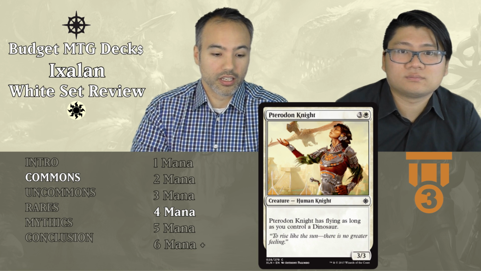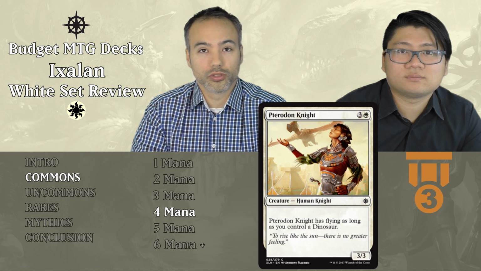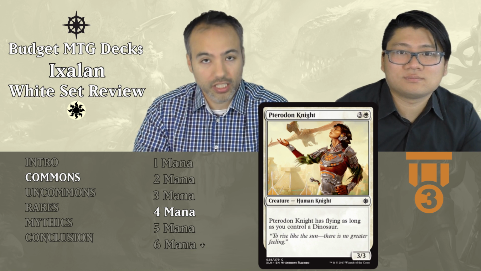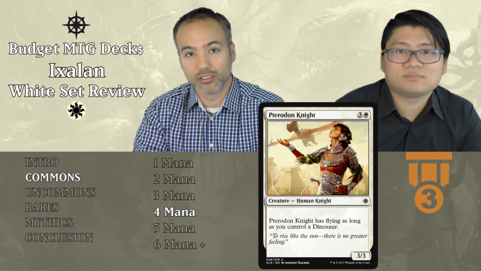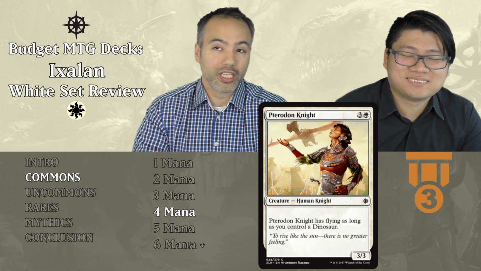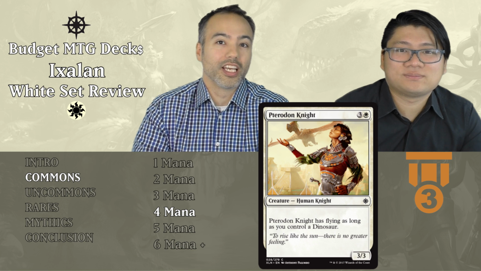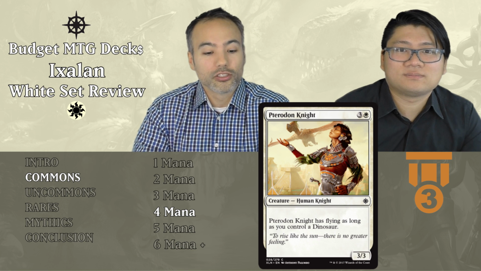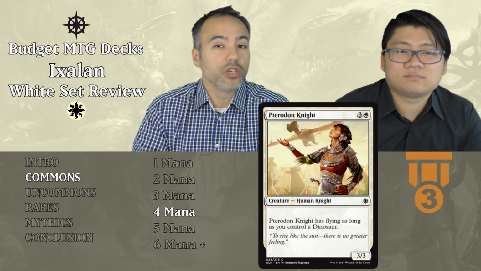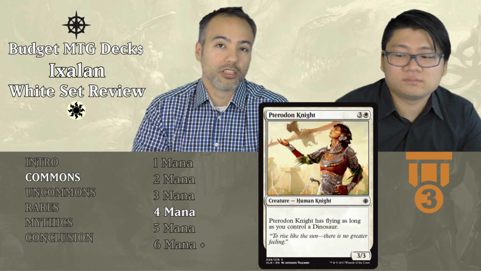That's perfect. Also, this guy has flying as long as you control a dinosaur. We can't really count on that being the case, as once again, we might have this one, we might not have the dinosaur, we might have the dinosaur, we might not have this one, or we might have a situation where we don't have either one, or we get them, but they're so far away during the game that they don't actually see each other, so we can't build around it. But the fact that for 4 mana, it's a 3/3 with potential upside is good enough to be a good